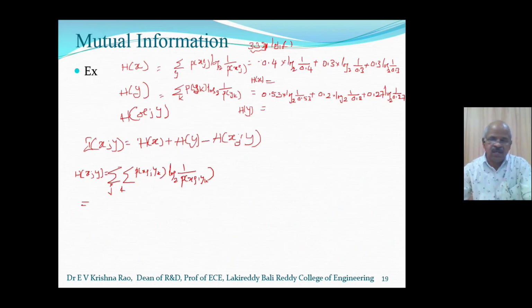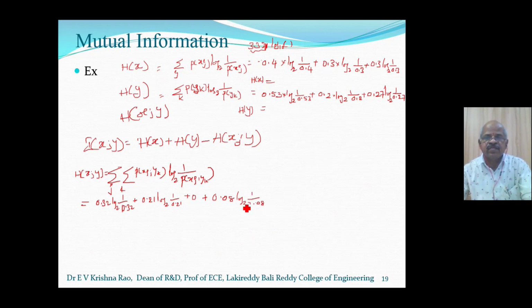So these are the joint probabilities which were calculated, multiplied: 0.32 logarithmic base 2 of 1 by 0.32, 0.21 logarithmic base 2 of 1 by 0.21, then 0, and 0.08 logarithmic base 2 of 1 by 0.08,